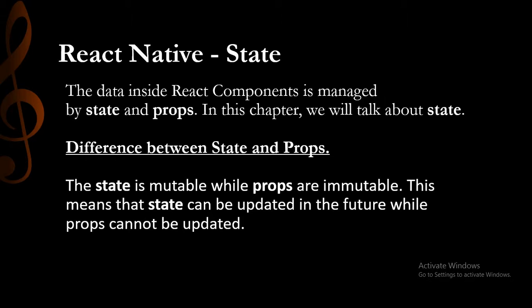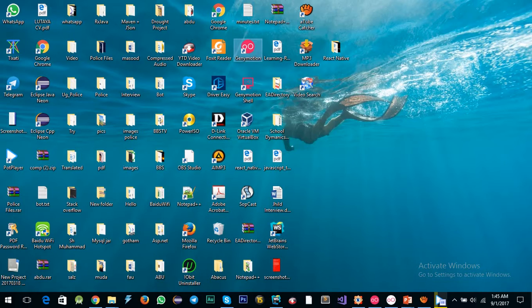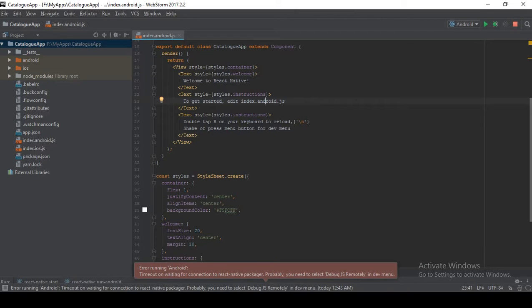So today we are going to get our hands dirty. We are going to create a small application, and then see how to implement state and props in React Native. What you're going to do, open up your IDE. Me, I'm going to use WebStorm, and I've already created an application, but I can show you how to create